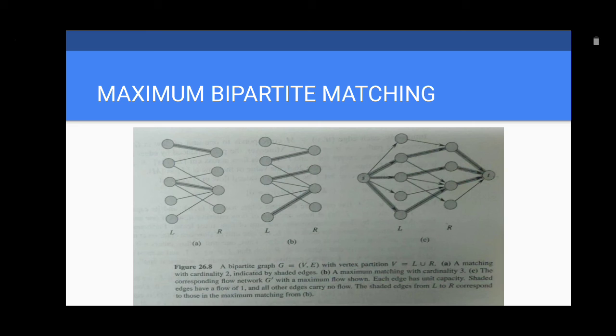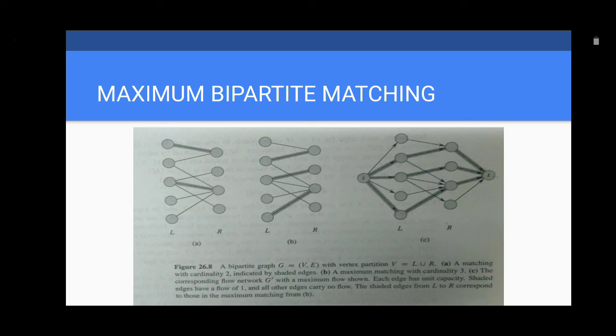Now there are 2 edges highlighted which can define a matching. Basically these 2 edges form a matching, with one edge incident on one vertex in set L and one vertex in set R, and similarly the other edge doing the same thing. There can be multiple such matchings defined. One such matching is defined in B, and this can be the maximal